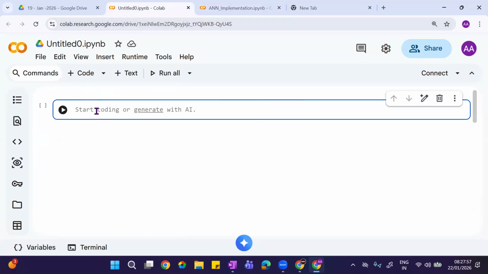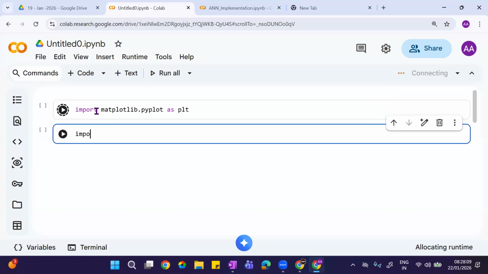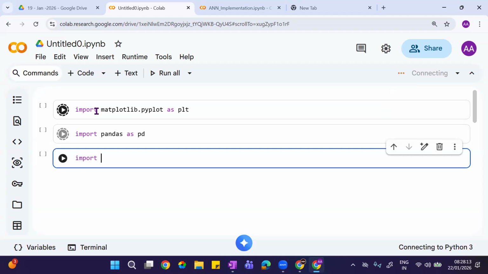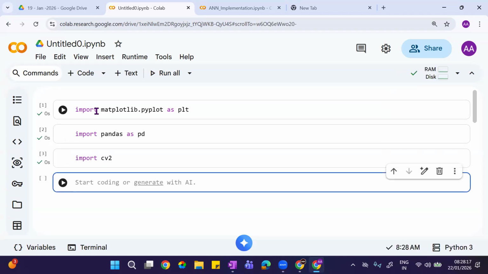I'm taking it, let me do it. Import matplotlib. These are some libraries, just ignore this. CV2, and this is the data. Now I will get an image.